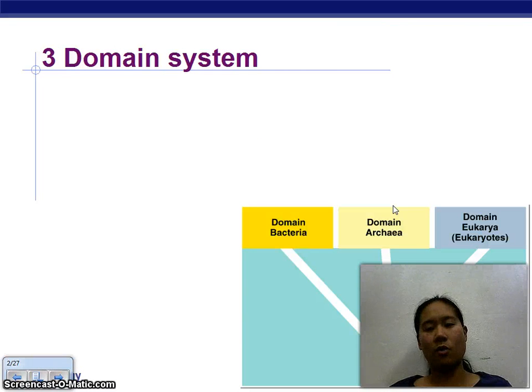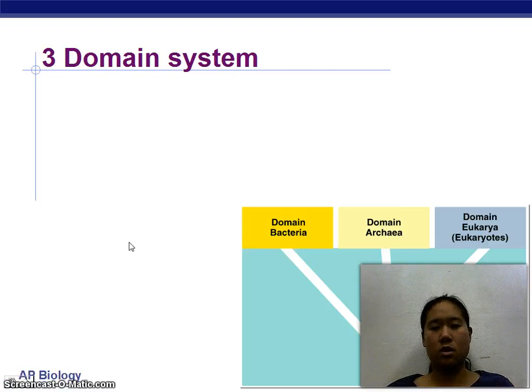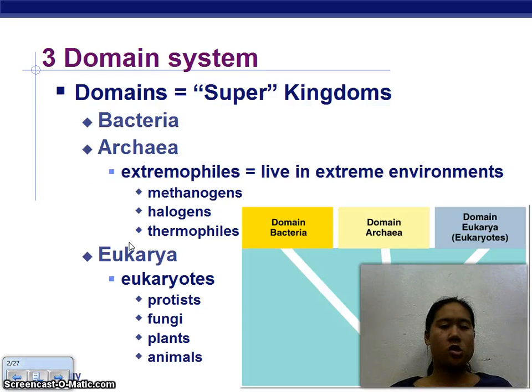And currently, right now, we have a 3-domain system, but even last summer, 2013, I saw that there was some argument on changing these domains. But the most recent edition of our textbook suggests there's bacteria, archaea, and eukaryotes. And these are super kingdoms, and the main idea behind it, we have bacteria, archaea, which are extreme bacteria, and eukaryotes, which is what most people tend to think of when they think of life.